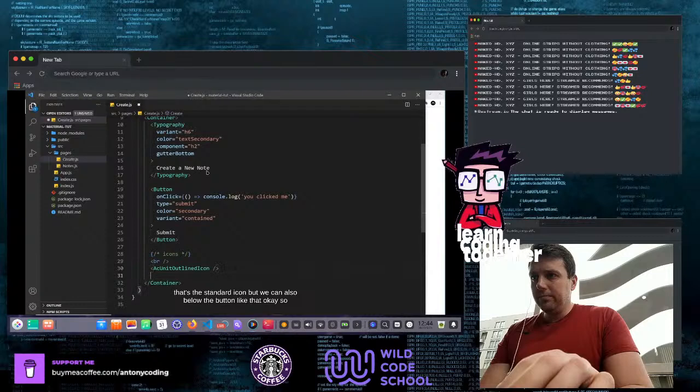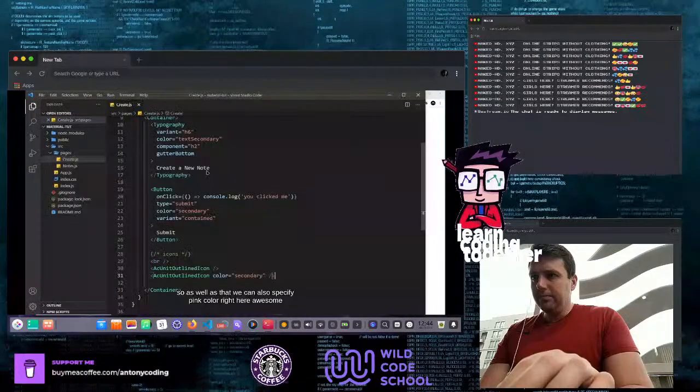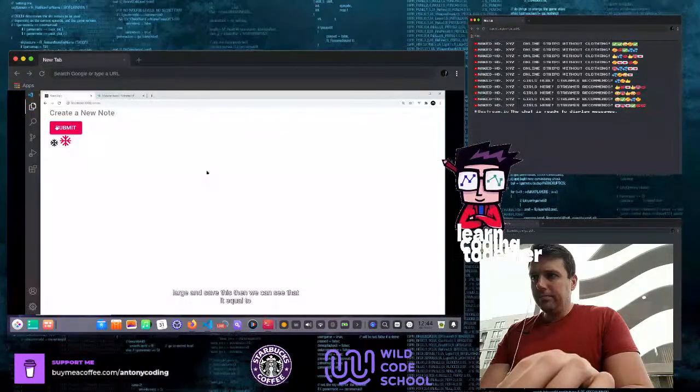Okay, so that's the standard icon, but we can also pass props into these icons as well. So let me just duplicate this, and I can pass in a color prop. So I could set that equal to secondary. And if I save this, it should be that pink color right here. Awesome. So as well as that, we can also specify things like the font size. So if I say font size and set it equal to large and save this, then we can see that this one is larger than